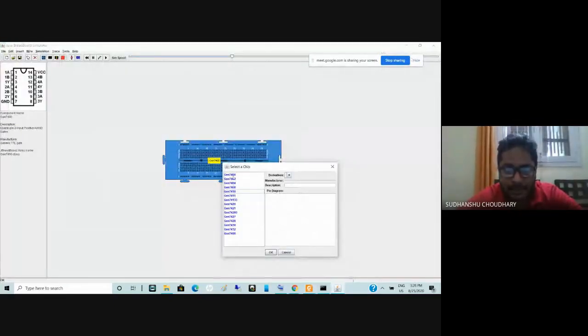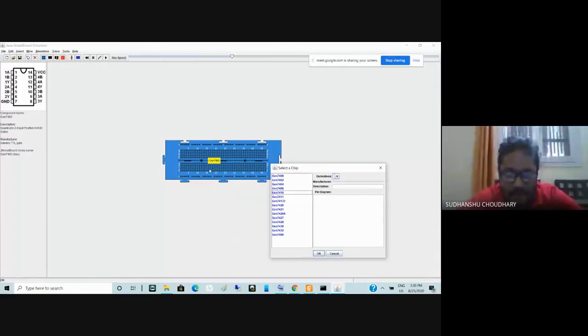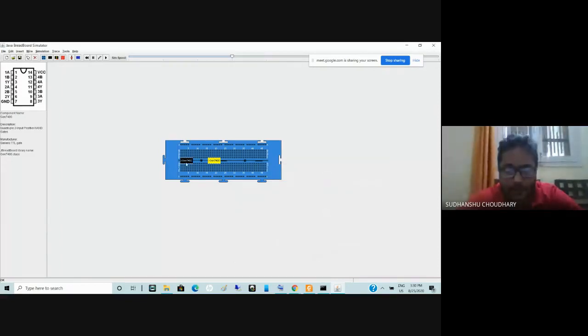One AND gate you will find. So I click 7400, I can bring it here, and then I can provide connections similar to the one which is available on the IIT Bombay website. Similarly, you can bring another IC here, 7402. I click 7402, and that also can be brought here. So you can place two, three ICs, or maybe four, five ICs together, and then